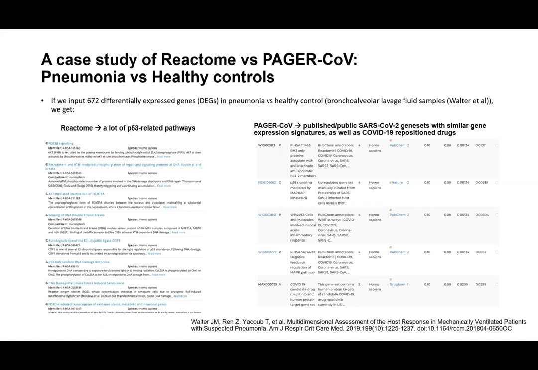So you have your differentially expressed genes. We were originally envisioning identifying whether there were specific pathways to secondary infection of pneumonia versus COVID-19, but we didn't get that far. So what we ended up doing was,